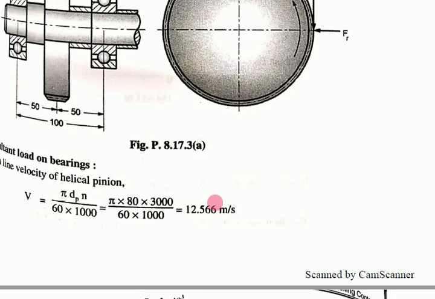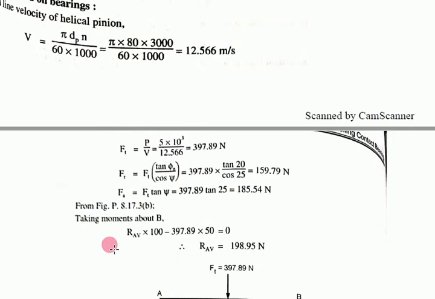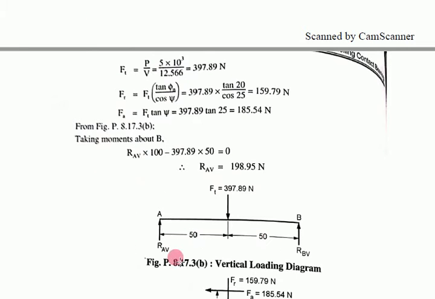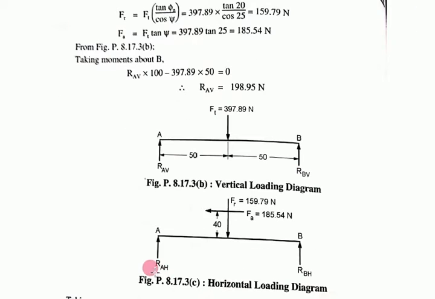So after finding the radial and axial load, we have to go for this diagram. Okay, vertical loading diagram. It is the same as this, 100 mm distance, then 50-50. So here 50 and total 100 mm. So Ft, the tangential force, is over here, which is 397.89 Newton. This is the reaction at A for vertical, reaction at B for vertical, and in the same way we have to find the reaction at A for horizontal and reaction at B for horizontal. If you don't know about shaft design, just refer to shaft design first. In the MDID subject we have already calculated the shaft design this way.